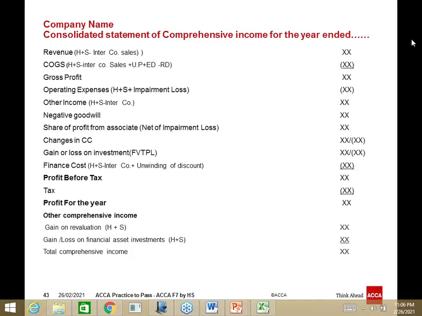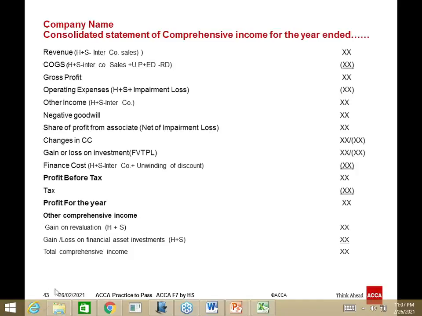Okay, welcome back after the break. So today we have to cover the topic of consolidation, and Alhamdulillah, we have covered the balance sheet area. That's just the format for the income statement. I want all of you to review this format so that we can start the topic of ratios.